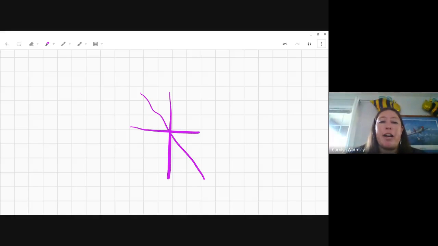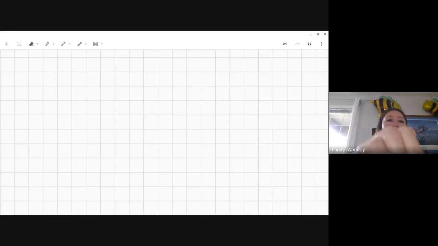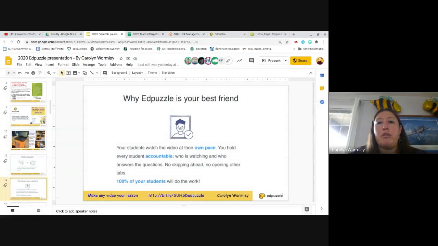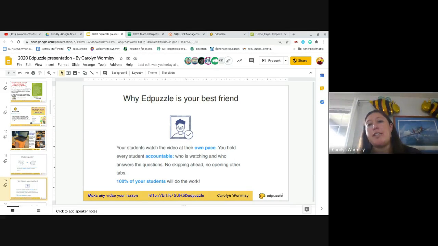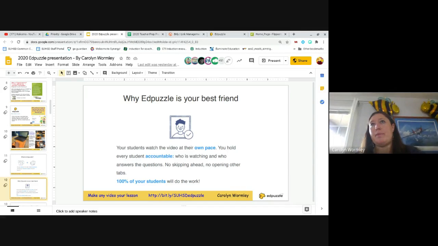The way I'm writing is really shaky right now because of the angle my computer's at. But you can erase it. There's all kinds of different features. I can do lines if I want to handwrite my notes. And when I'm done with it, it creates a Google Note for me so that I have that to save. And so during distance learning time, what I did was I had somebody in a Google